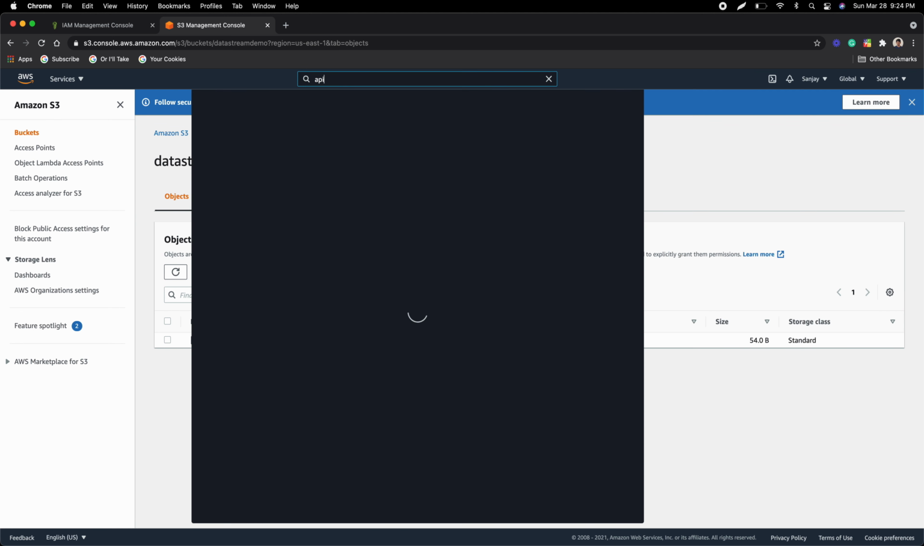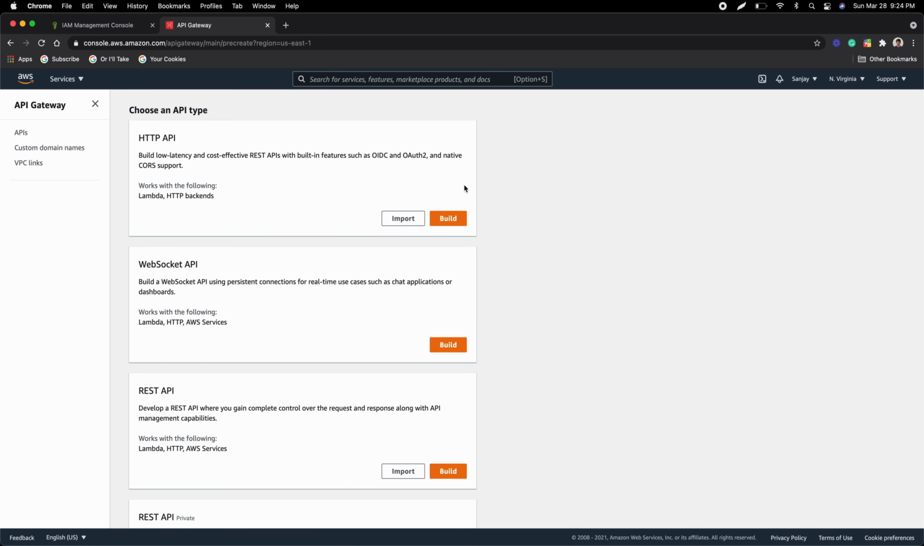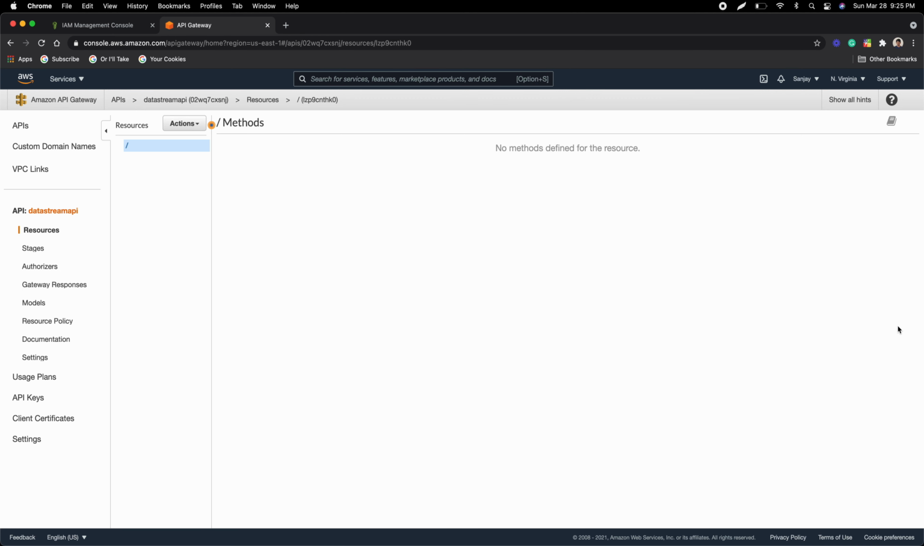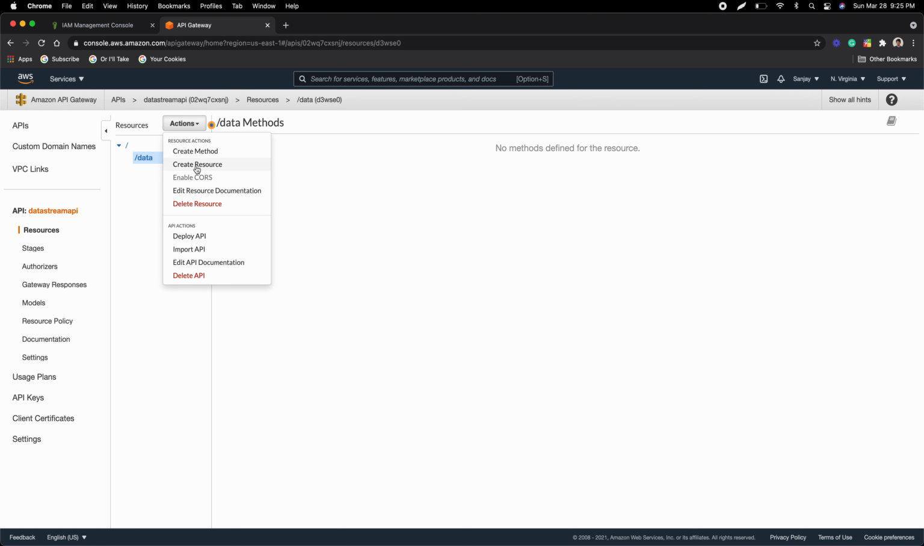Okay, I'll go to API Gateway and create a new API, REST API, and I call it data stream API, and the endpoint is regional. Create API. I create a resource first, call it data, just data is fine. And under that I create a method called POST method,